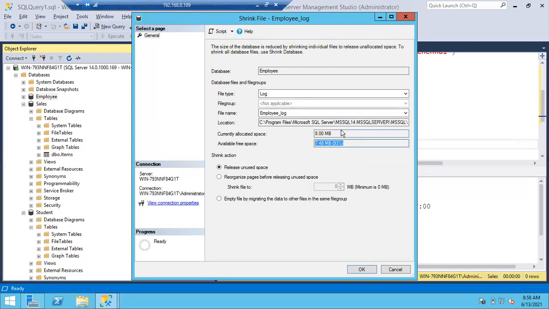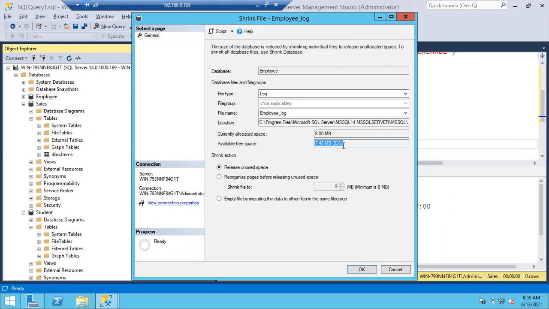Imagine your log file size is 100 GB. If the transactions are not committed, you will see very little free space. If all the transactions are committed, you can see 90%, 99%, sometimes 100% available free space. Why? Because the data in those transactions has been permanently moved to disk. There is no use for those transactions now, so they will be truncated from the log file.